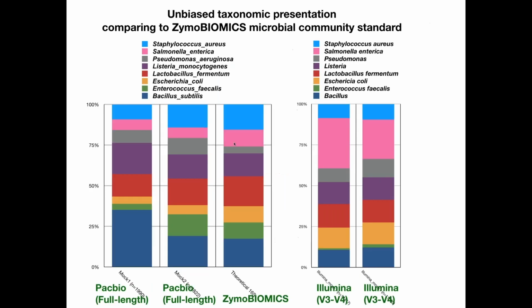In our sequencing, we also used the ZymoBIOMICS microbial community standard as an internal control to get an idea of the compositional biases. The one in the middle is the theoretical composition for ZymoBIOMICS, and this is the full-length sequencing. This one is quite similar to the Zymo standard, and this one deviated a little, probably because the sequencing depth for that sample happened to be low, about 2,000 reads per sample. But compared to the short read sequencing using the short regions, the composition is very different. Some of the taxonomic levels are also at genus level, and there's overrepresentation of particularly Salmonella and E. coli,